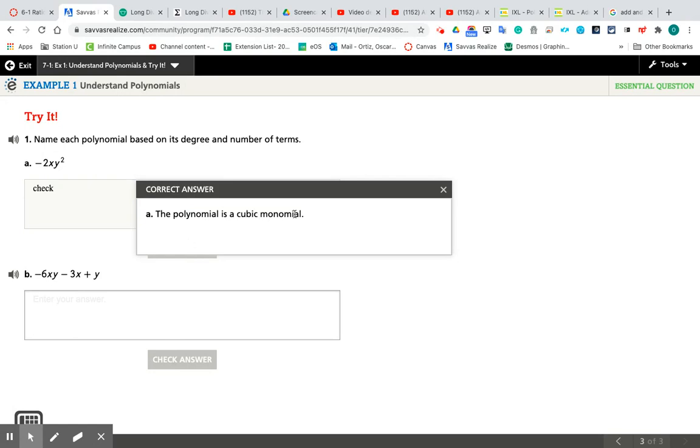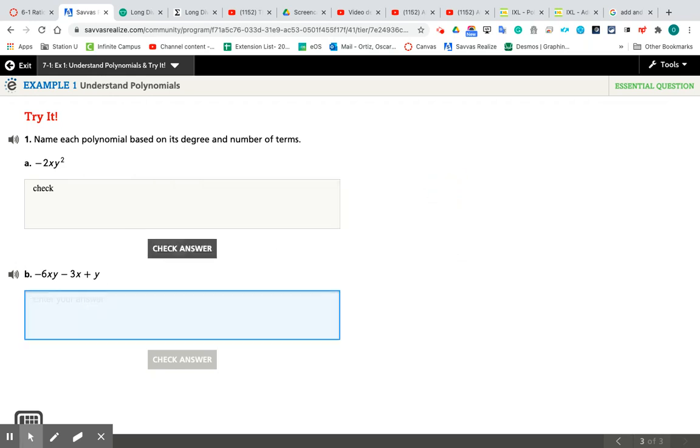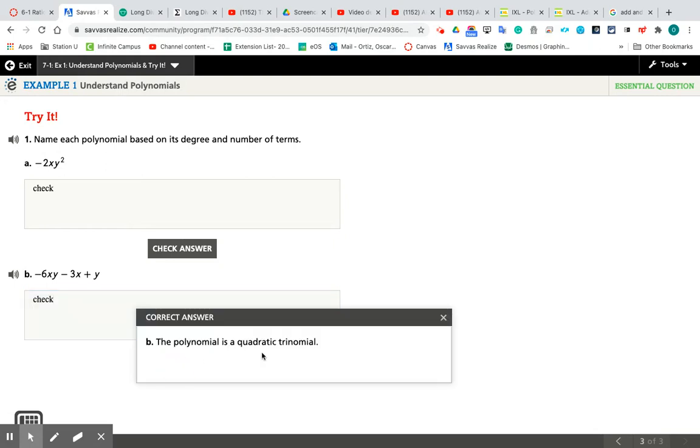So cubic monomial. Notice that the word that has to do with the degree goes first, and then the number of terms. And the other one, you can always check the answer here. It's a quadratic trinomial because